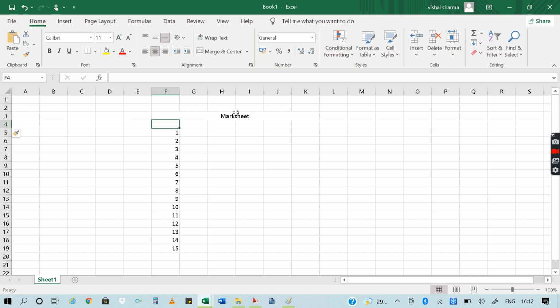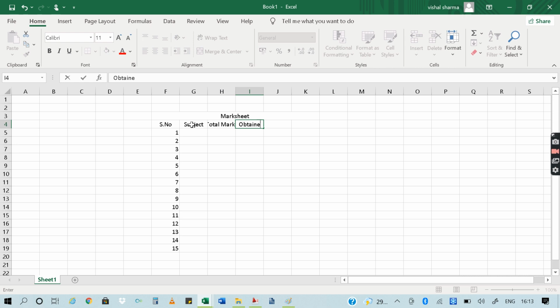Now suppose I am writing the serial number, name, father's name, subjects, or if you want to simply write subject, total marks and obtained marks.